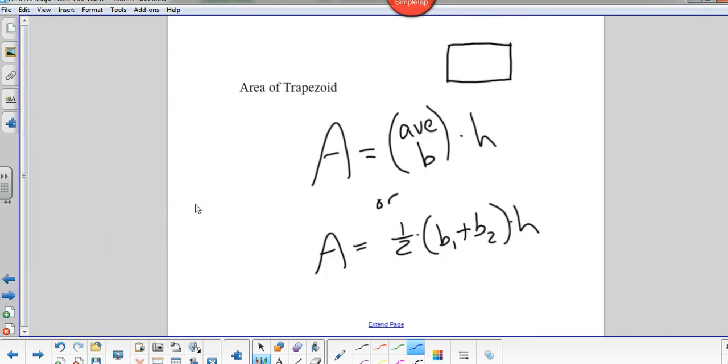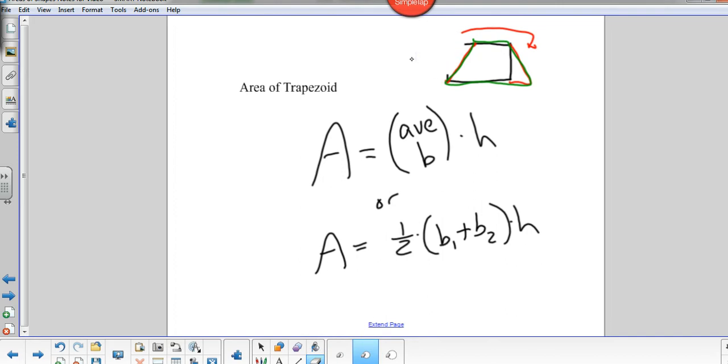Alright, and then a trapezoid. Again, I'm working off the rectangle. Everything starts with the rectangle, which is base times height. And you'll see the way I write this formula, maybe it looks a little different, but a trapezoid is basically you taking one base. If you took this piece off and flipped it over here and added it to the bottom, right? So took this, cut it off, and flipped it over and put it on there, your shape would look like this, which is a trapezoid,